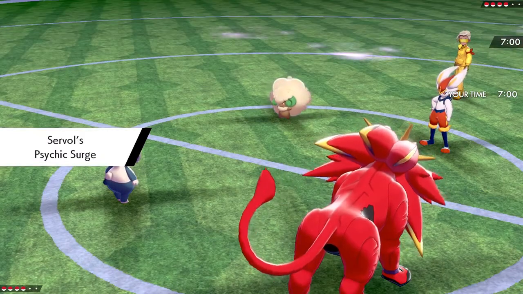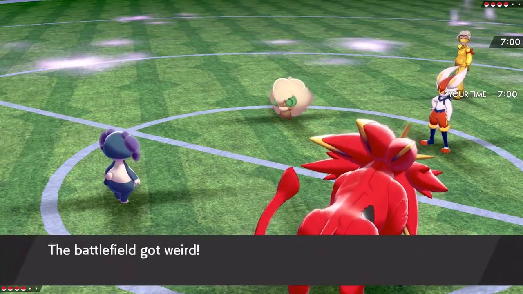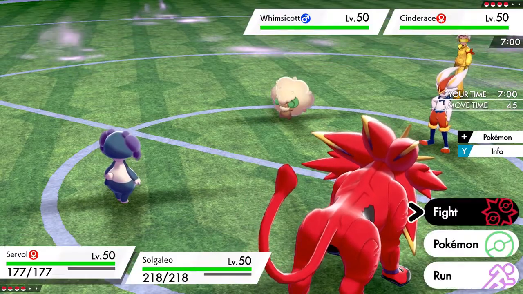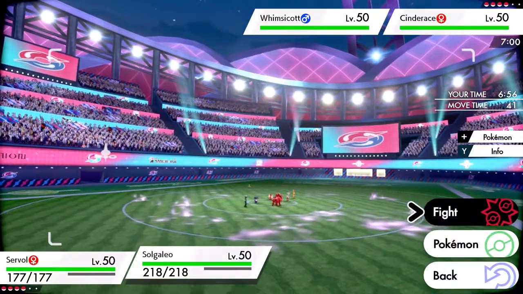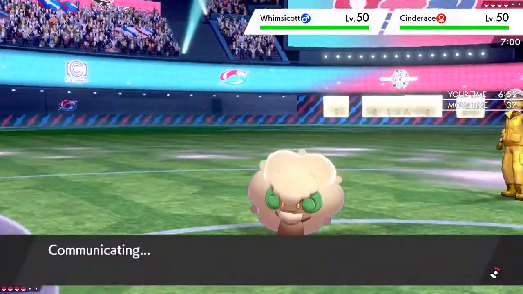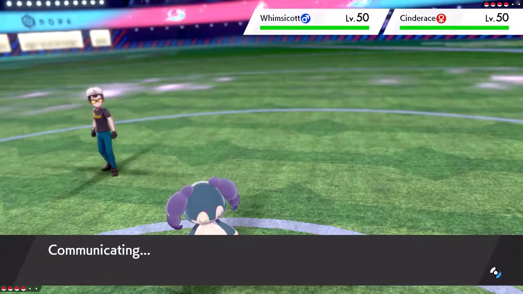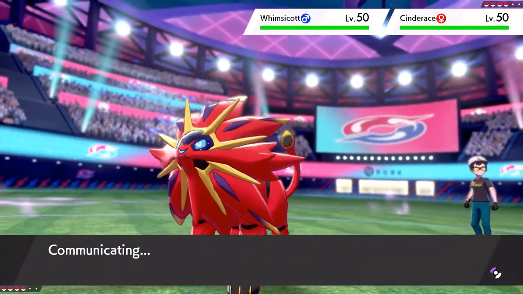Alright, so we know we can get an easy Trick Room up here. I mean, you can't even Taunt us because we're going to Follow Me, Follow Me and Trick Room. Let's see what happens, because that's what we want. We want to be in Trick Room at this point. We want to see if we can get